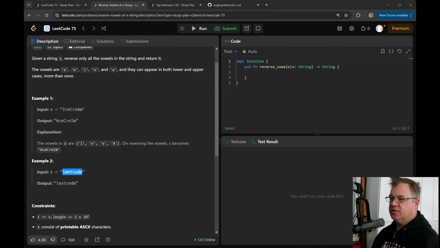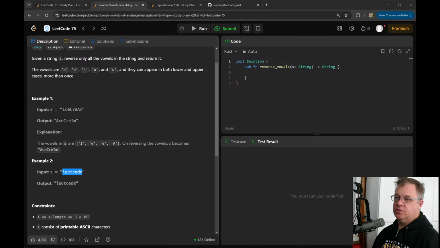So now we're just going to build this up in forward order. Forward string is s.chars, and we just now want to say, we can just do forward string.